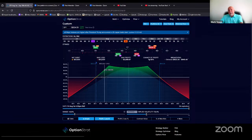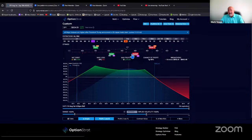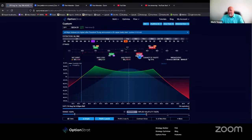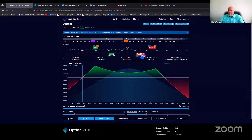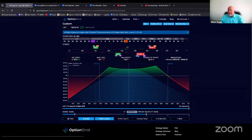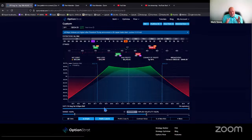We can do this with any stock, and it takes time to set all this stuff up. But the cool thing is now you can move this around and you can get a good visual. Let's say you think the market's going to go down a little bit. Maybe you skew a little bit to the downside. You see how it skews? This is the current price, but if it goes down, you make a little bit more money. So you have the ability to skew, which is a little bit advanced for what we're going to be talking about tonight, frankly. But I'm so excited about this strategy because it really is great